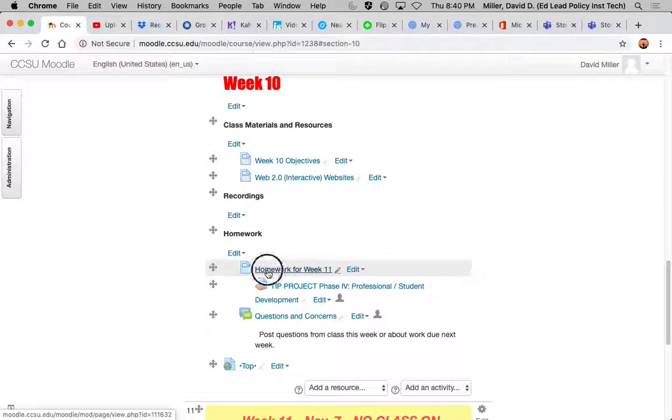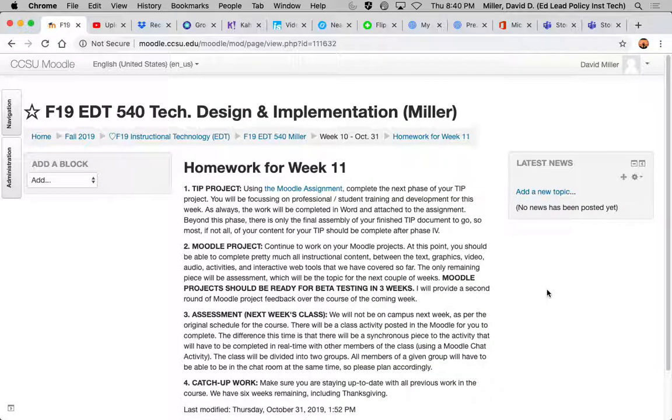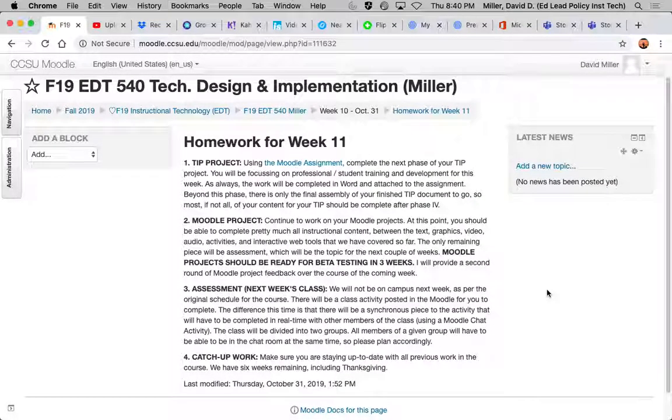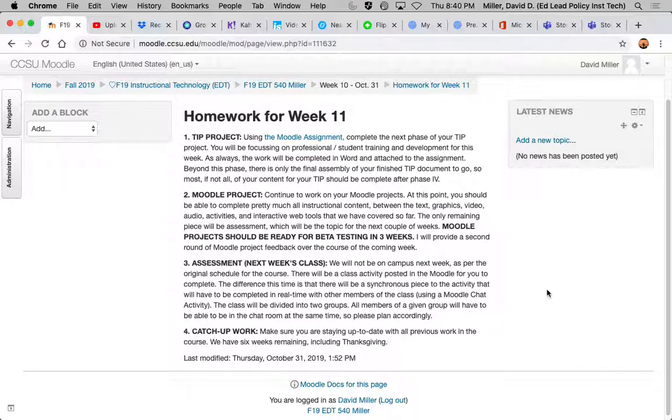All right, so last thing really for me to go over tonight is to review what is happening over the next week, actually the next couple of weeks. So thing number one we went over already, that's the integration project, phase 4 assignment. If you didn't do phase 3, I would suggest doing that first, because it's going to be hard for you to develop a training program plan if you haven't really identified the specific technology that you're training the people on yet. So do them in order.